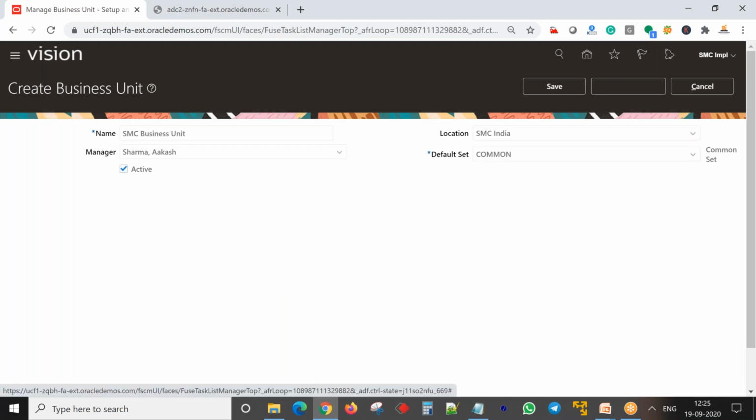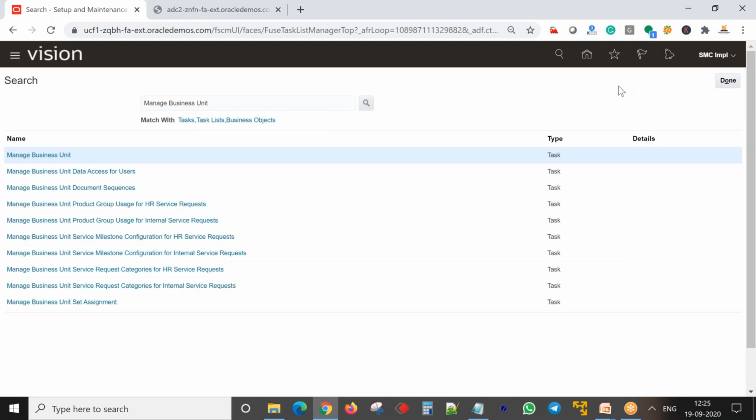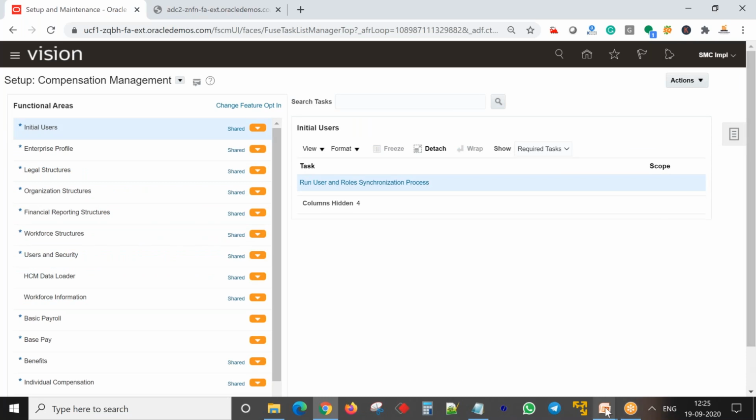See, creating a business unit in itself is a simple task because it's again a management hierarchy, like how exactly your business is structured. Now the important thing is to assign the functions and assign the ledger and everything.